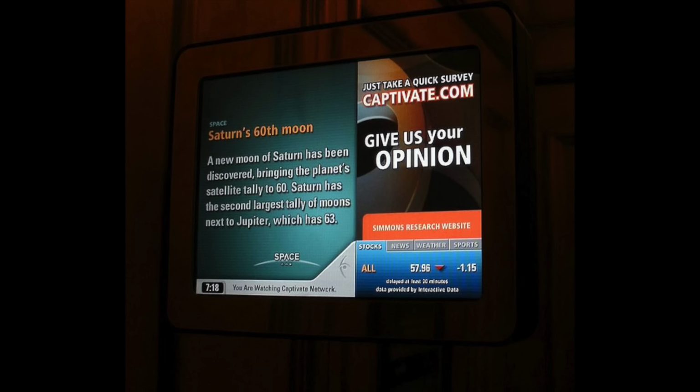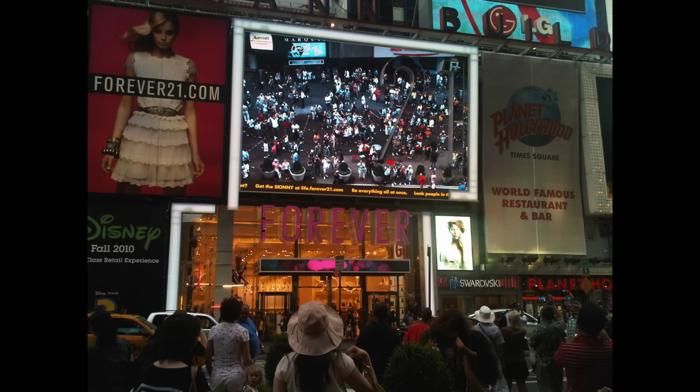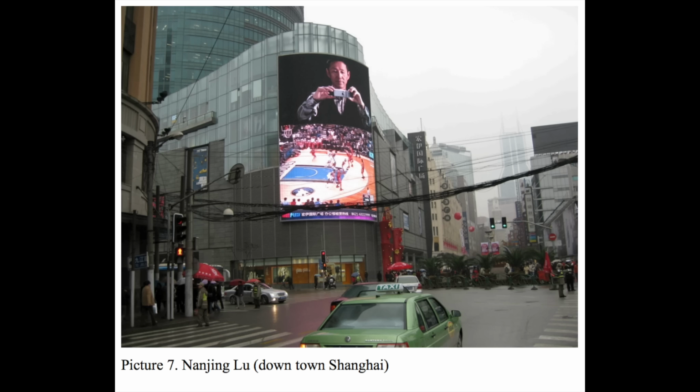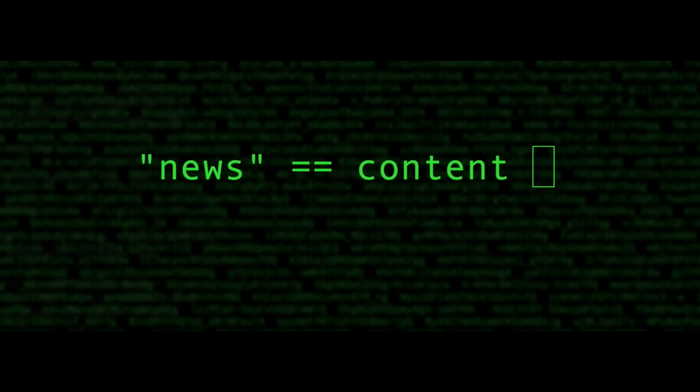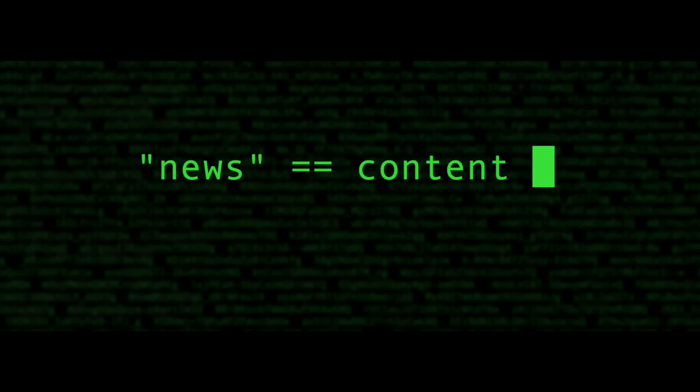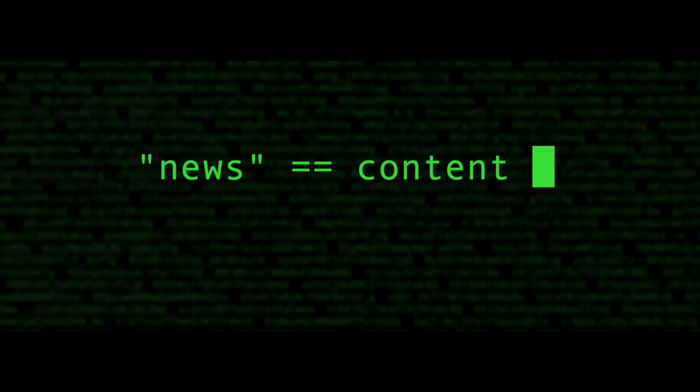Yes, we are a culture of screens. We like to watch screens. We watch ourselves on screens. This is true worldwide. In fact, I don't actually think it's a difficult point to make. We are surrounded by screens. We're surrounded by newspapers. We're surrounded by people talking about the news. The news is the content.